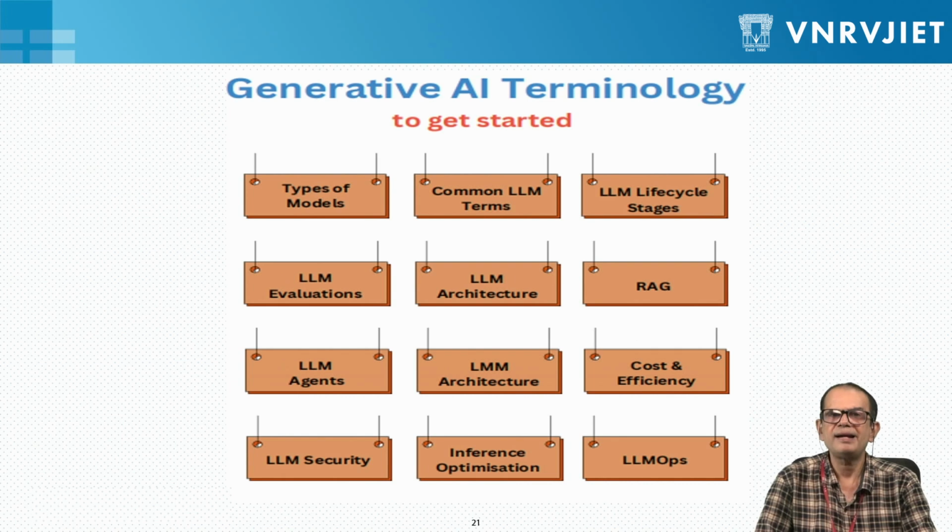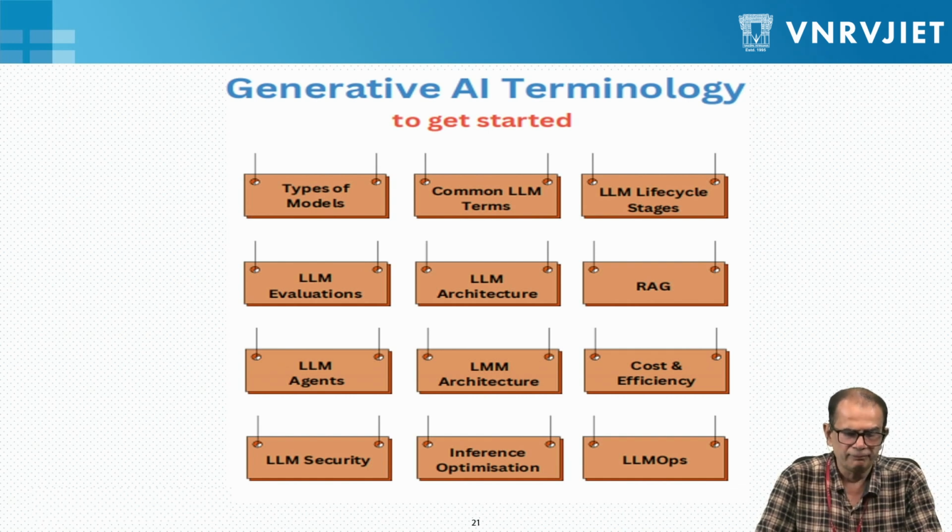Okay, now let us see some of the topics which are there and that we have to clearly remember. Okay, the first terminology is the type of models that we have. And we should also note that we are going to use LLMs, the large language models, in this case. They are called that, and we need to think about those. Okay, LLM evaluation, LLM agents, or LLM security, all these aspects we need to think about.